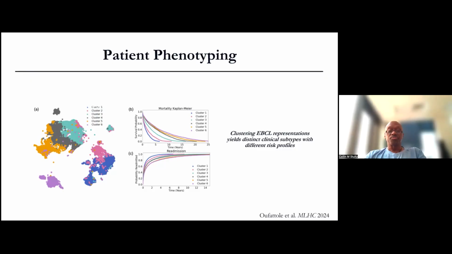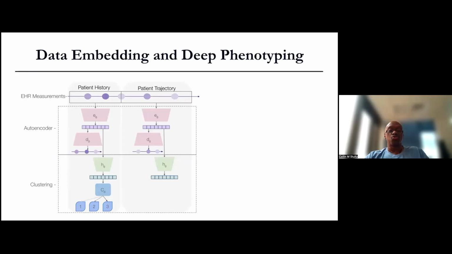In the future, and this is early work being pioneered by another student of mine, Taya Bergashami, forgive me for messing up your name if you're there, we are directly focusing on the question of patient phenotyping. So you have a patient's electronic health record, with their history in the past and in the future. We have encoders that build representations of the history prior to some point and after that point. So this is a training task. You assume you know the past and the future. This is just for training.